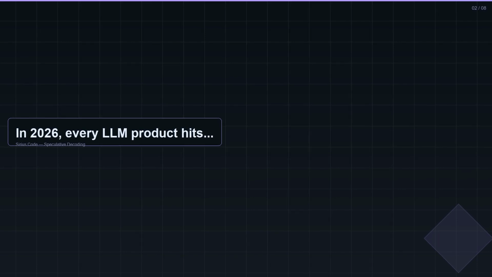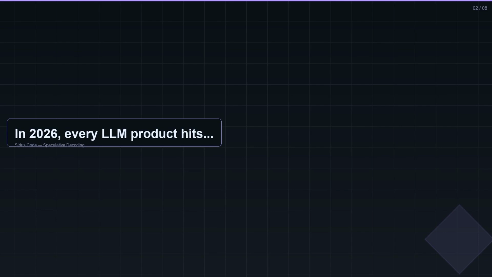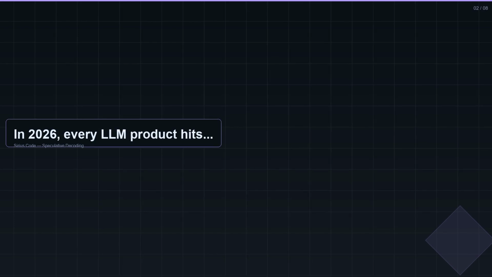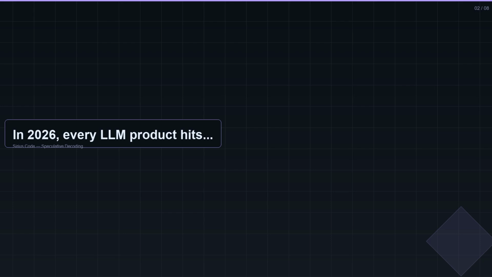The memory that matters is the KV cache. For every token the model has seen in the conversation, it has stored a key and a value vector. As the conversation grows, this cache grows. Reading it from high bandwidth memory becomes the bottleneck. The arithmetic units, the things that actually compute, are starved.